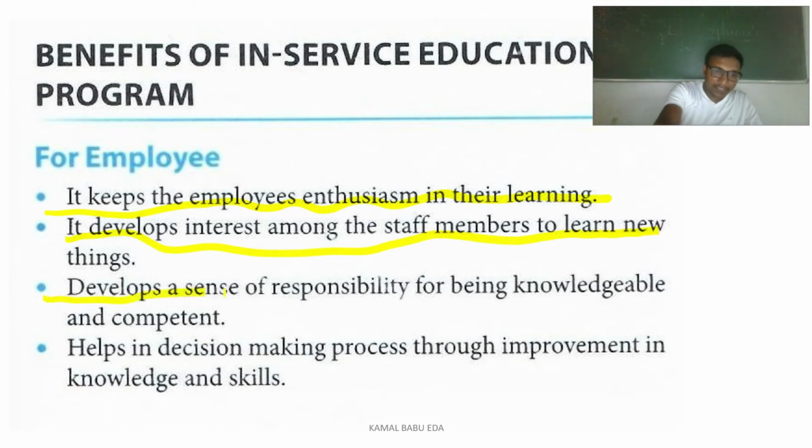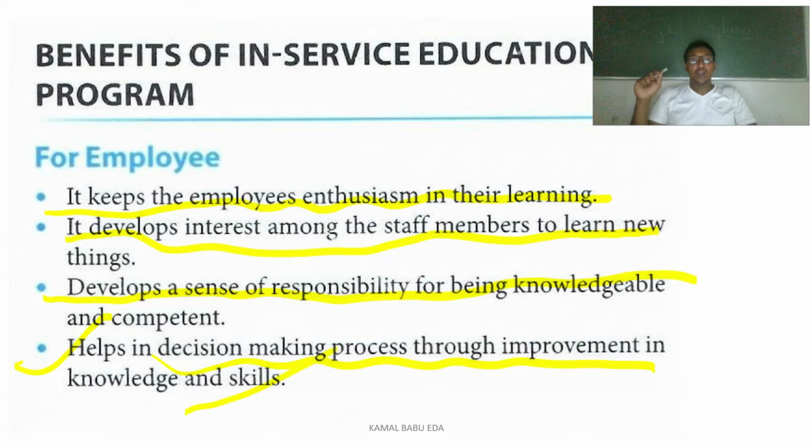It develops a sense of responsibility for being knowledgeable and competent. It helps in the decision making process through improvement of knowledge and skills. Whenever you provide in-service education continuously, interest comes, and they want to learn and perform new things in their practice.